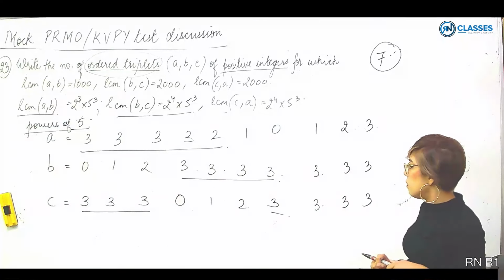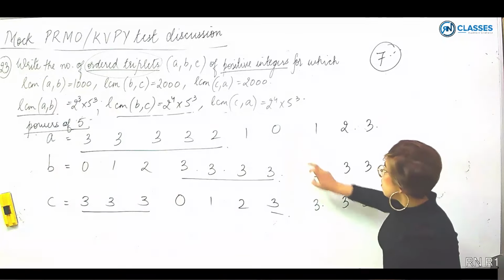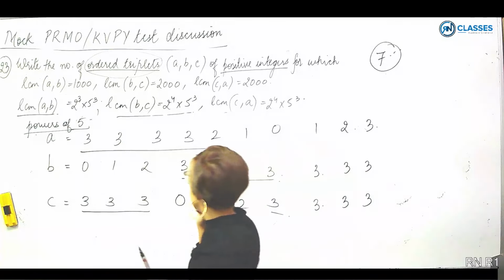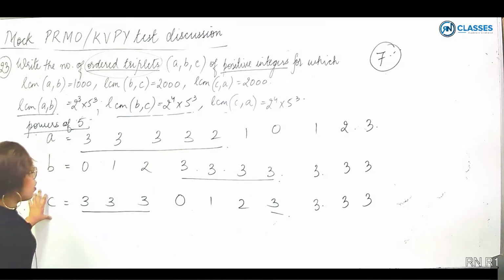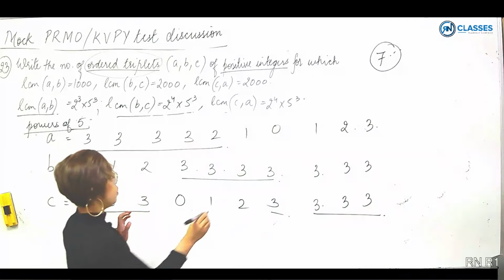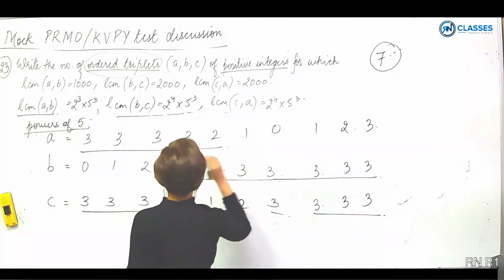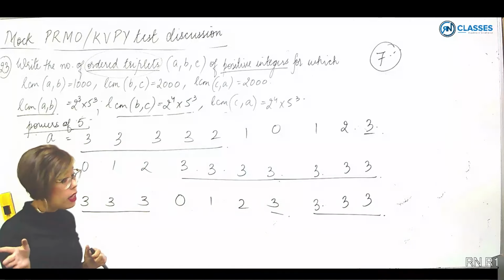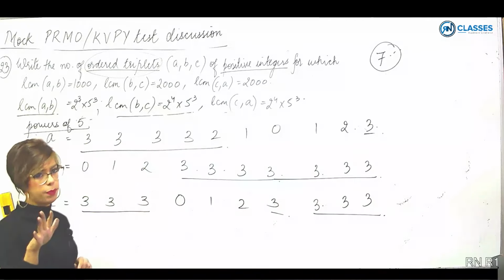Right. Done? Because I was missing 3,3,0; 3,3,1; 3,3,2; 3,3,3. Let's see. Any other case that I am missing? Because I made sure powers of 5 are 3 here, 3 here, 3 here. 3, powers of 3, and powers of 3. Exhausted. If you can think of some other way, which I doubt you will, but if you do, let me